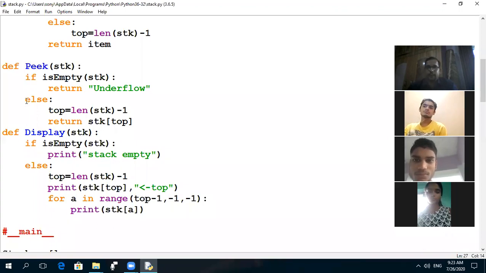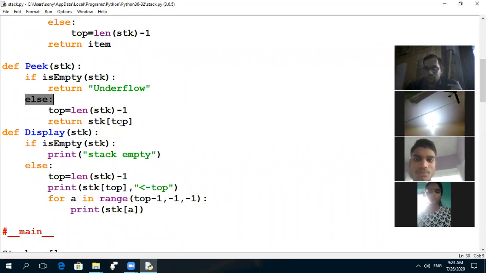Come to the else part. Now length of the stack. We know two elements are present, one is 10, second one is 20. So length of the stack is 2. 2 minus 1, that is 1. 1 is the value of top. Return STK[top]. Top value is 1.